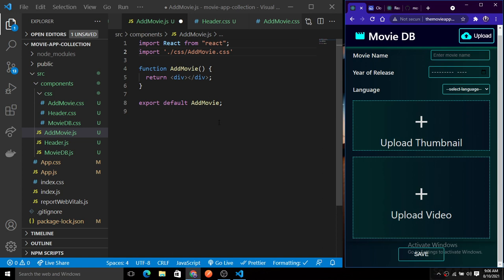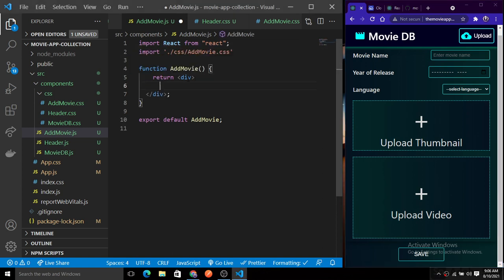So these are the basic things that we just need to add right now. So let's add inside of this add movie. Let's put a class name here. The class name would be the container name or any name you provide, but you just need to get the reference of this, so there will be no issue with the styling of the page. That's why I give the class name here add movie. So this is the class name for the add movie, and then inside of this add movie, I just copy this and paste it down.